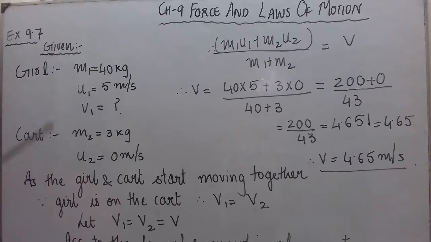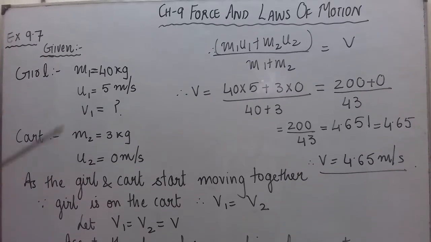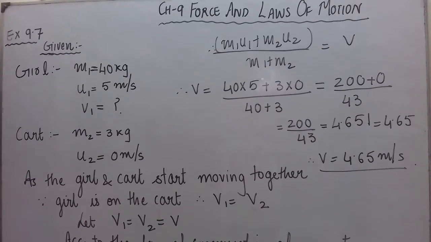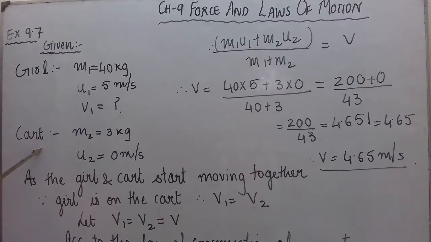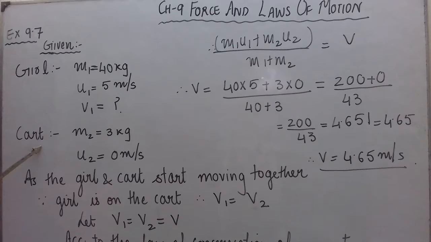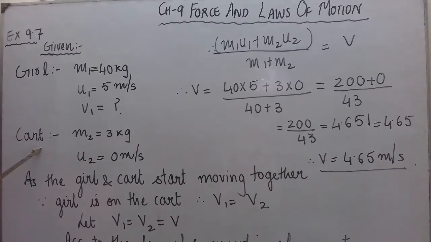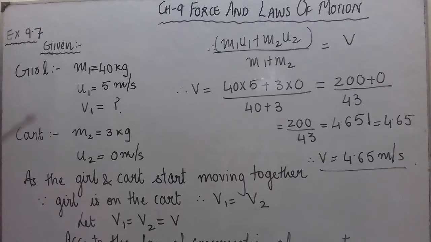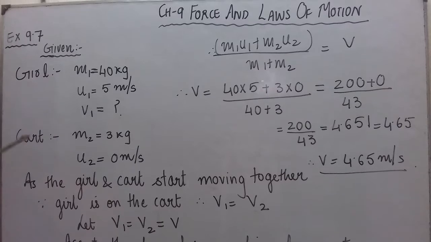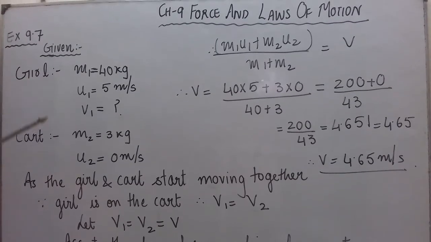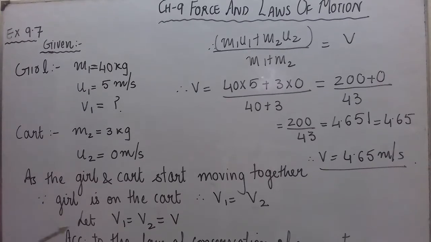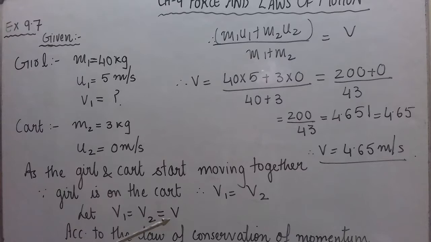In this numerical, everything is in the SI system only, so there is no need to do the conversion. But remember, in the previous numerical, the bullet and pistol masses were given in different units, the bullet's mass in gram and the pistol's mass in kg, so conversion of units was required. So remember, whenever you write the given, as I have already told you many times before, you should see if any conversion is required, and then proceed. Here no conversion is required. Let V1 equal V2 equal V.